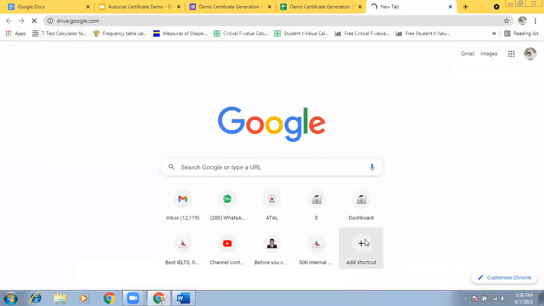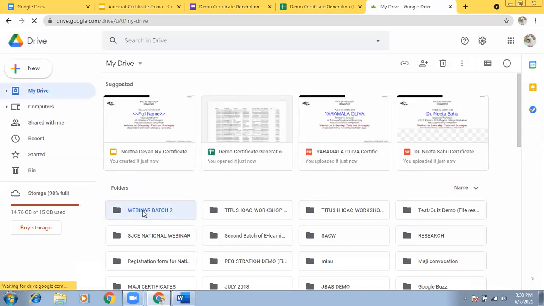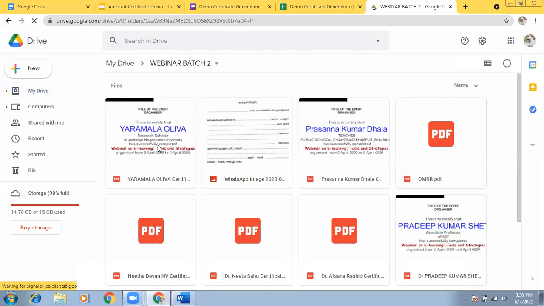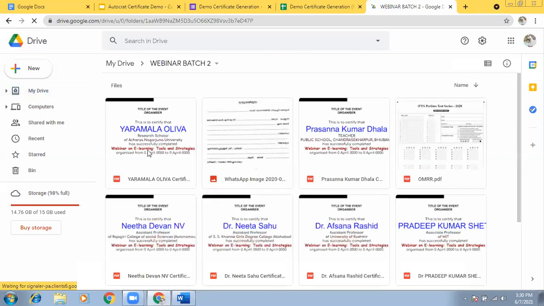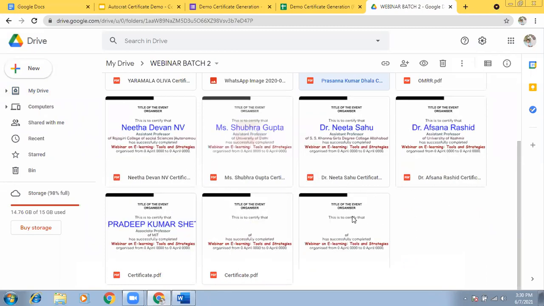You can go to drive.google.com. I hope the folder name was Webinar Batch 2. Okay, if I click that one, yeah, you see the certificate is being created. You can see this is of now, no? Yeah, Prasanna Kumar. So like that certificate is being created.